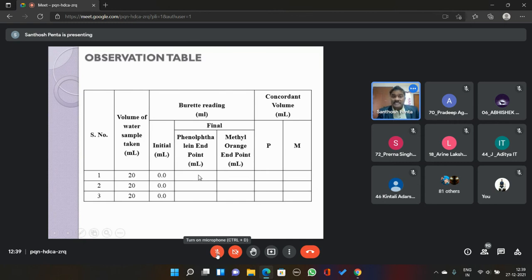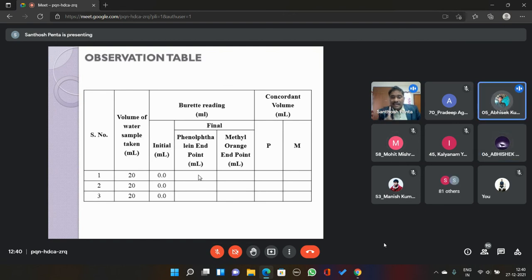What does it mean? Presence of hydroxide ion. Bicarbonate is not there. With the help of phenolphthalein, we can determine hydroxide and half of the carbonate. So as it has given pink to colorless, whether it is having hydroxide and carbonate, or hydroxide ions alone. Alone hydroxide. Why alone hydroxide?